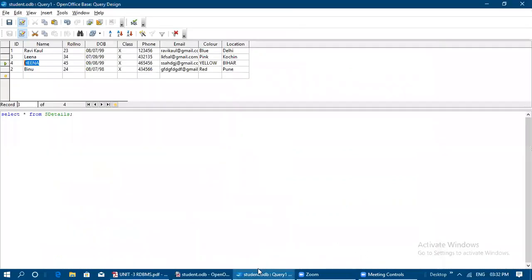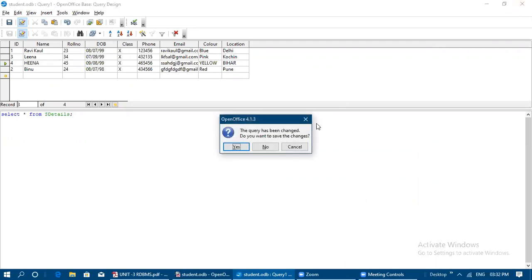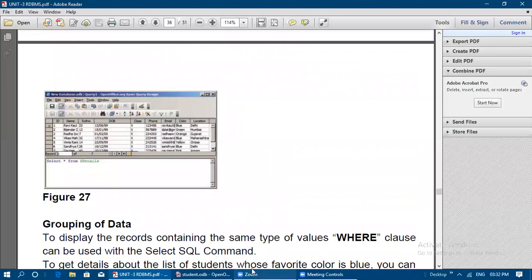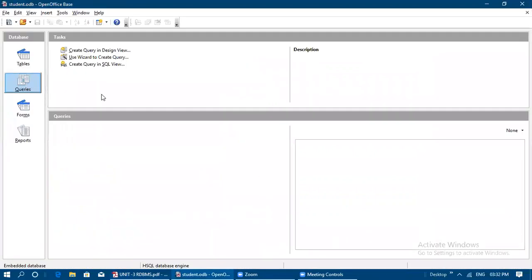So let me show that to you. Already it was executed and displayed to you. Okay, so select star from S details at the end semicolon. So like this we can execute and we can extract the data from the table. See, now I am going to show you one more time the student DB. Okay, see here,